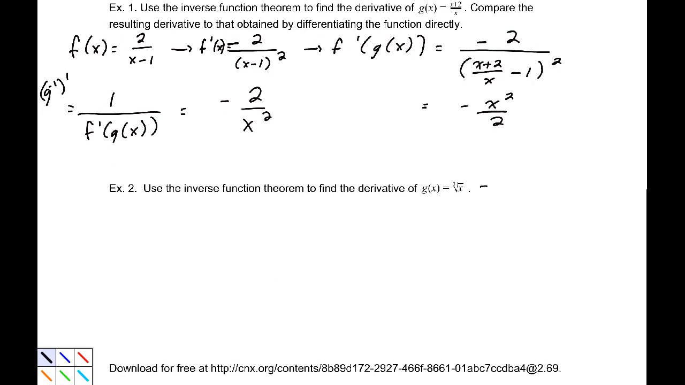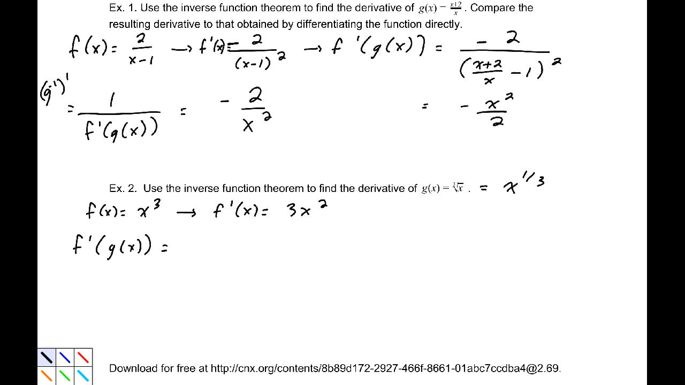Now, recall that the cube root is equal to x to the 1/3, just by definition. So the inverse of that function, I'm going to go ahead and call it f of x. The inverse of that function is x cubed. The derivative of that function is 3x squared. Now we're going to take f prime of g of x. Compose